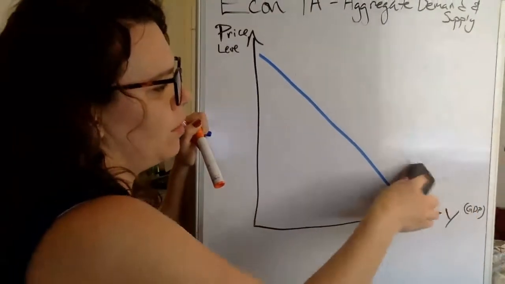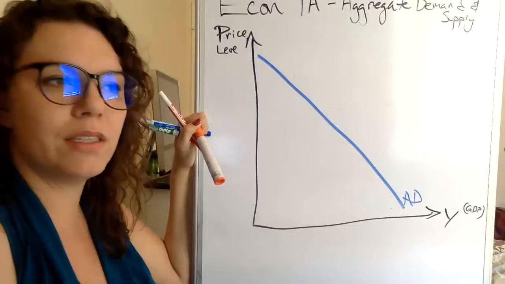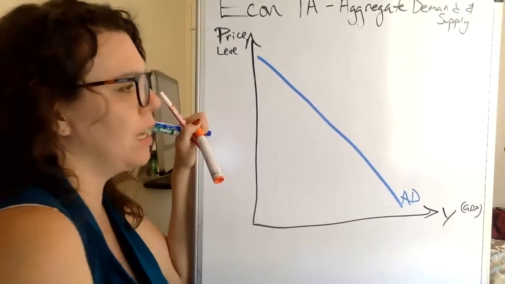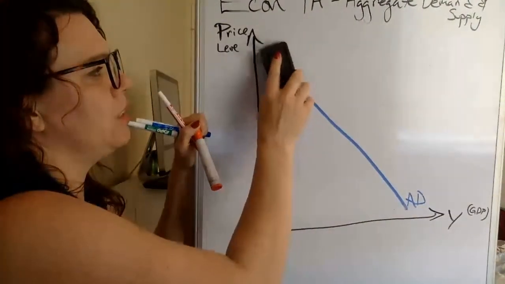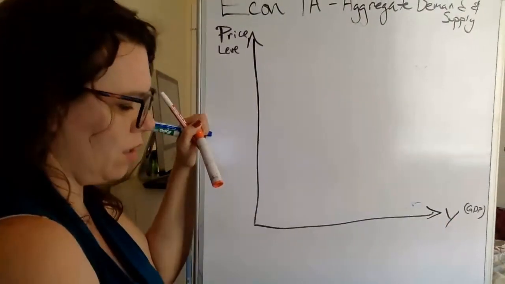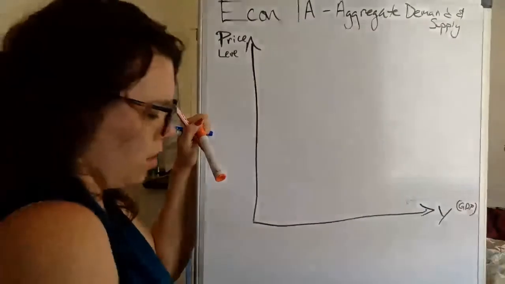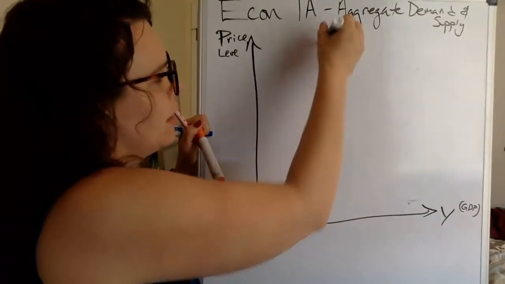The next part of the model is supply. And this is the tricky part, right? Because aggregate supply is going to be two things. It's going to be upward sloping in the short run, and it's going to be vertical in the long run. So long run aggregate supply